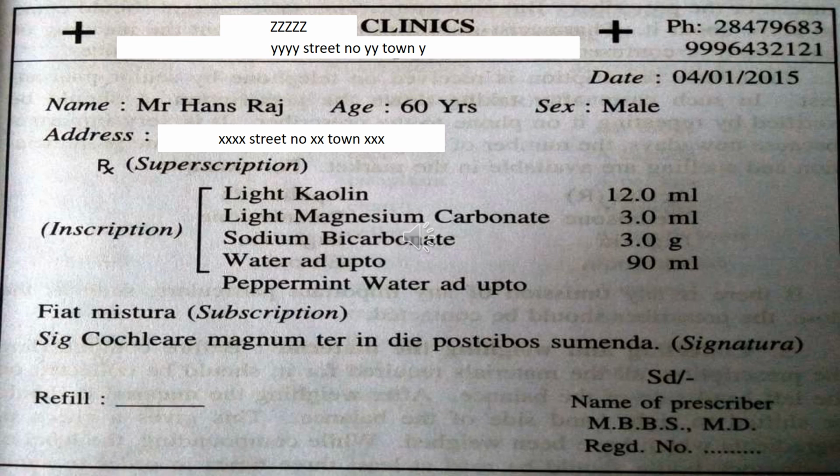Here the meaning of cochlear magnum is tablespoon, one tablespoon. Ter in die means three times in a day. Post cibos means after the meal. Sumenda means to be taken. So the English meaning of this whole Latin sentence is: a tablespoon of mixture to be taken three times in a day